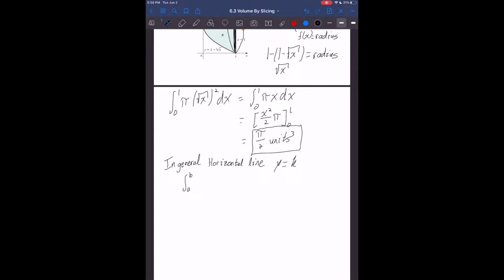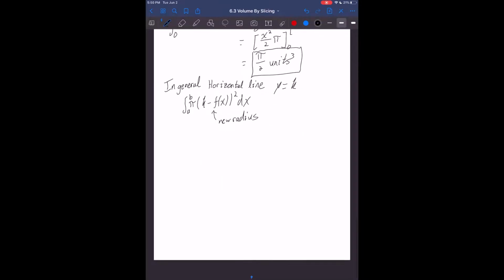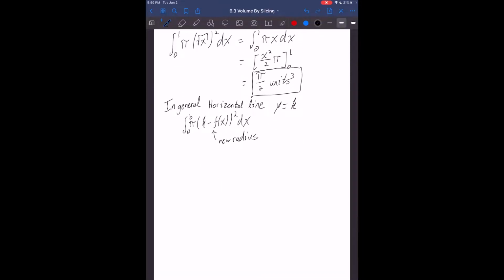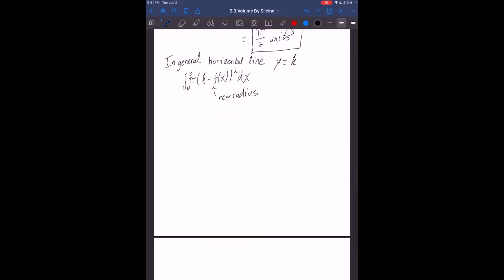So I will have the integral from a to b, where a and b still take on the same meaning, but now I have k minus f of x squared dx. And don't forget the pi as well. So this is just going to be the new radius. You can think of horizontal lines as similar to the x-axis, and so vertical lines will be similar to the y-axis. So vertical lines